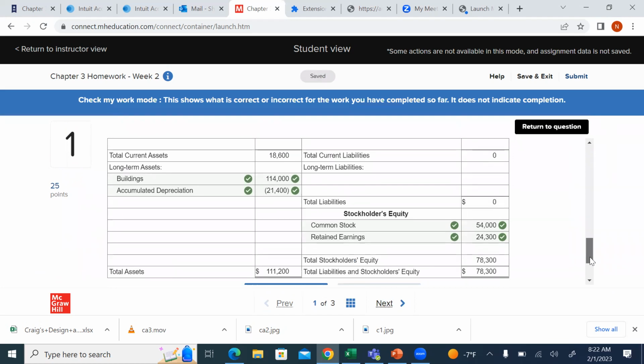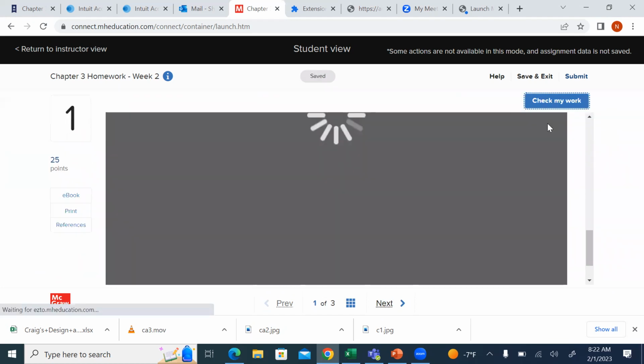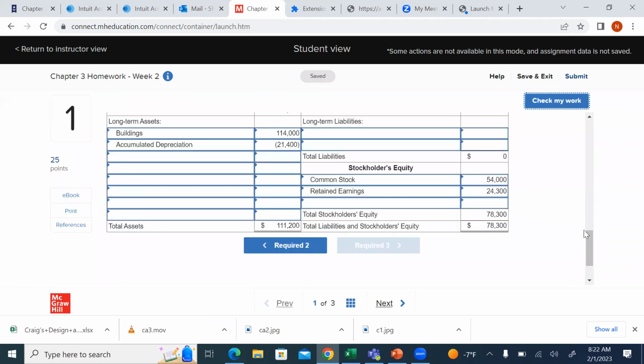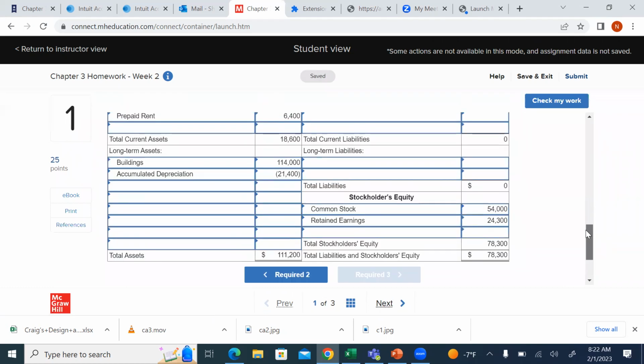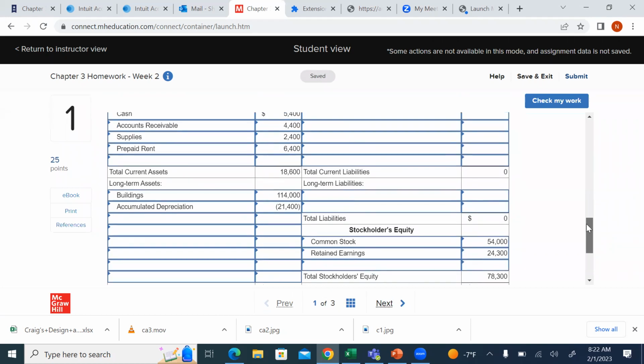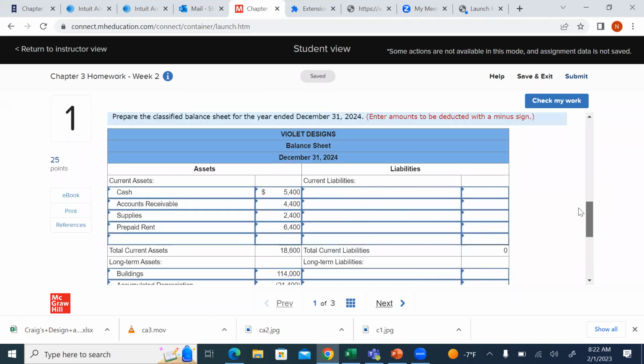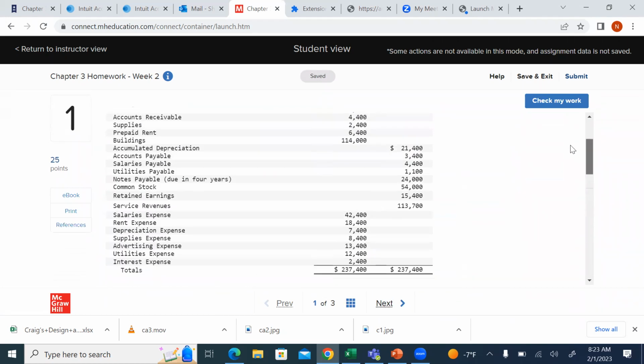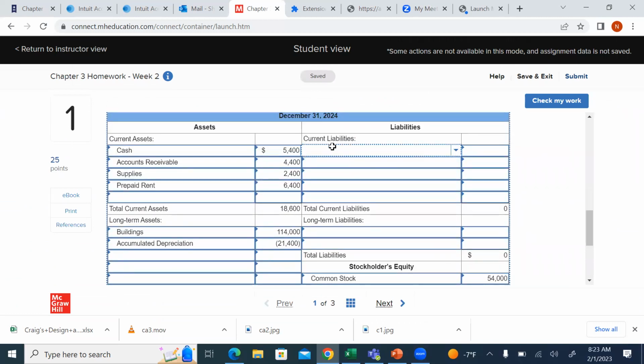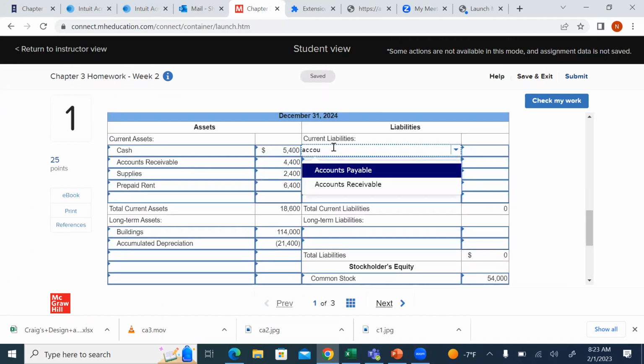We'll go back. I somehow feel like I need to put in total long-term assets. Okay, thank you. You don't. Okay. Now our current liabilities, we've got accounts payable of 3,400, salaries payable of 4,400, accounts payable